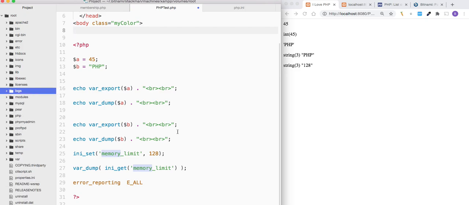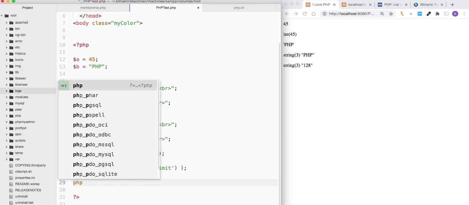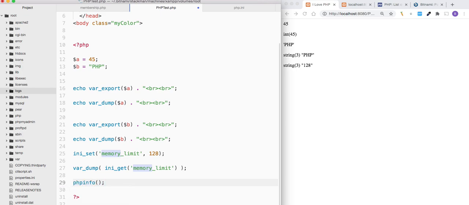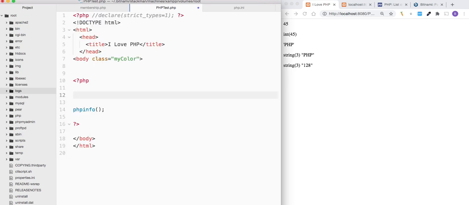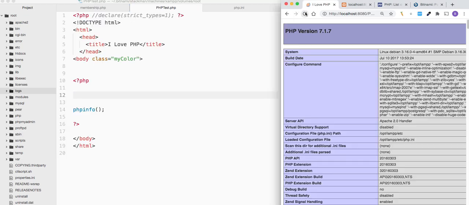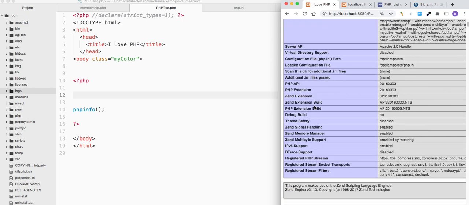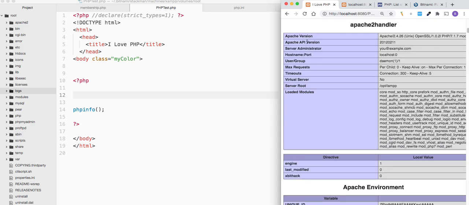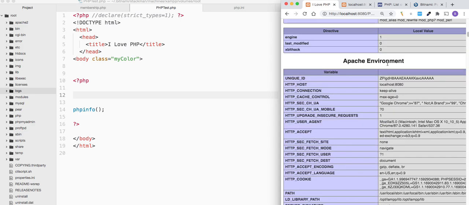Okay. Let's continue. Now, remember, I already showed you that you can get a lot of information from this. All right, let's save this. Matter of fact, let's erase all this. Get rid of all that. Save it. See? This will give you the version, and this will give you what the system is. It's running on Linux. It will also give you the uname, which you're going to see in a little bit. That's the uname. This has all this information from before, right? It has the handler, the Apache